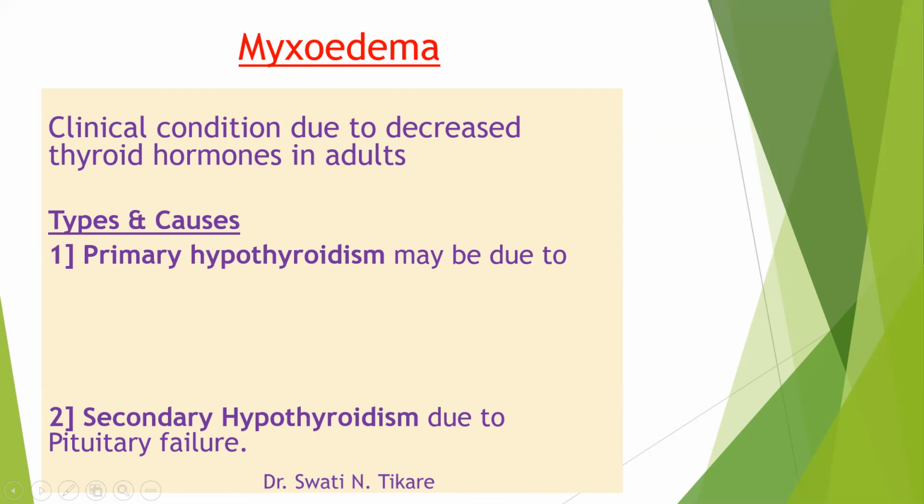Primary hypothyroidism means the deficiency of thyroid hormones is due to deficient formation. The normal TRH level is there, normal TSH levels are there, iodine is available, everything is available, but the thyroid gland is not able to produce T3, T4. Then we use the word primary hypothyroidism. Whereas secondary hypothyroidism is the word we use when the problem lies elsewhere. Maybe there is decreased TRH, that is, there is pituitary failure, or there is decreased TSH. Hypothalamic or pituitary failure. That is secondary hypothyroidism.